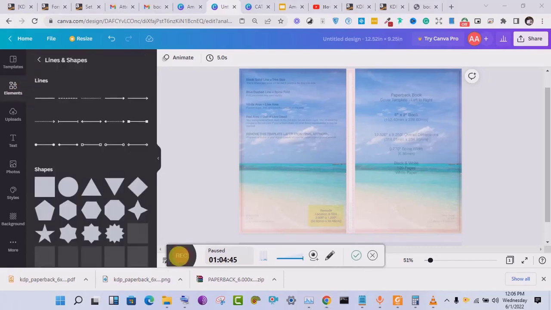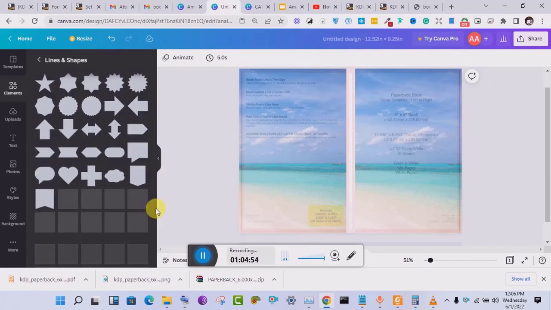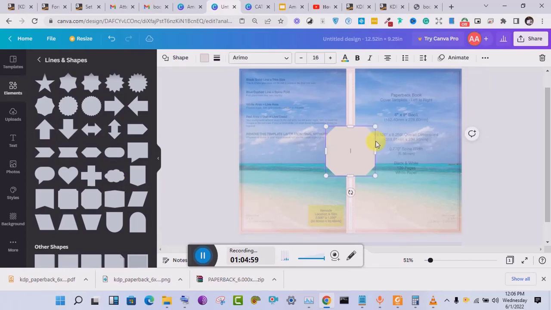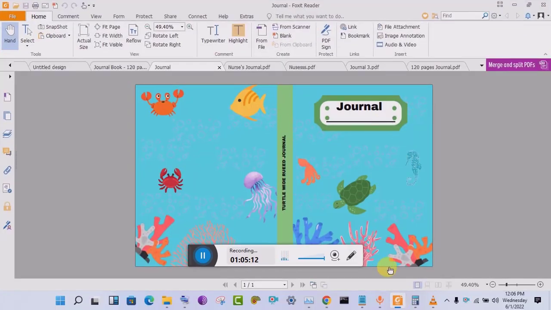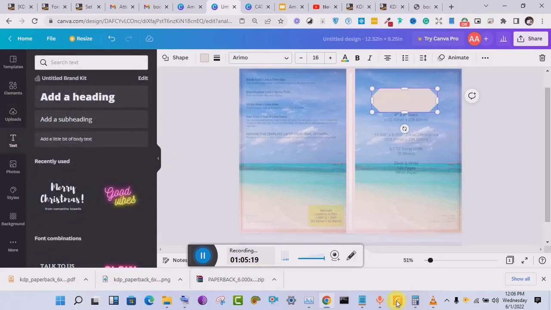So you just come to lines and shapes. You can see we have different shapes here. So just select one. Okay, basically you can make it a bit smaller. I'm just showing you how I came about this book, and you can now add your text. You can see this one is green. You can add your text, something like